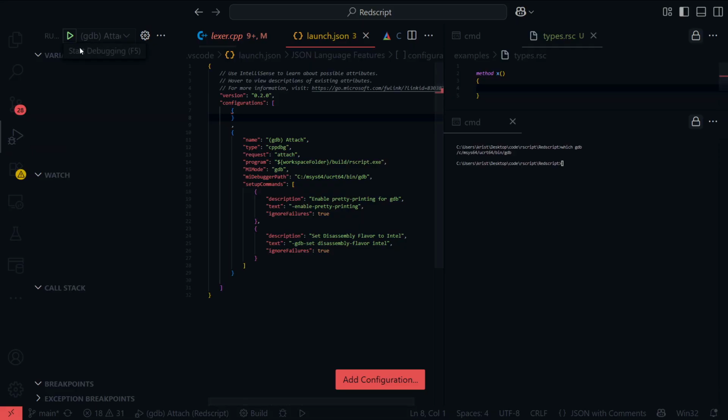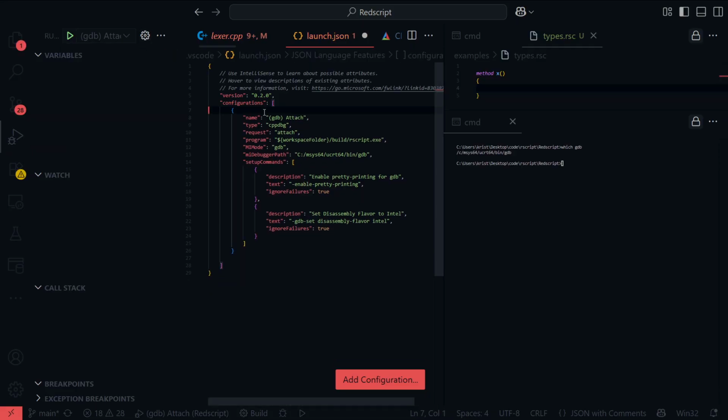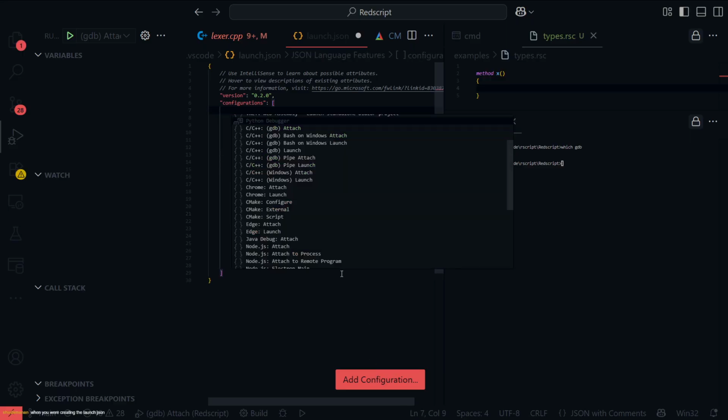What do you mean there was a CMake option? Enable pretty printing. Yeah, I want that. Add configuration. Here we go.